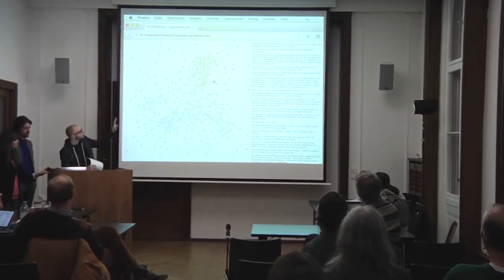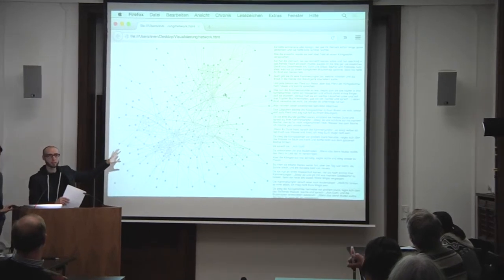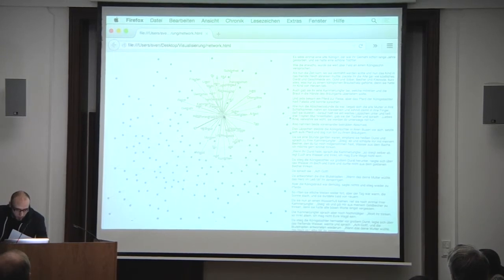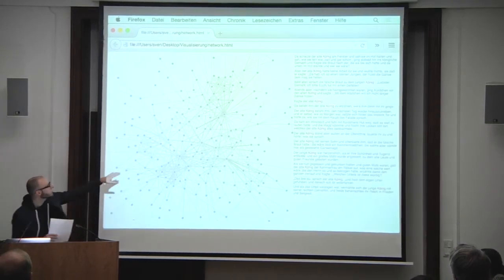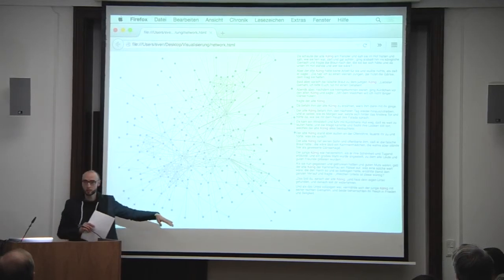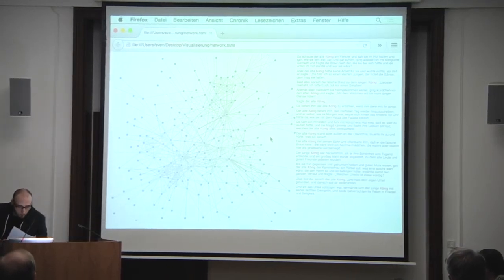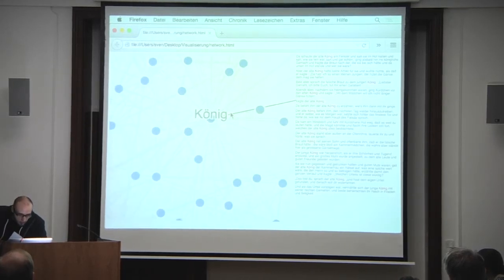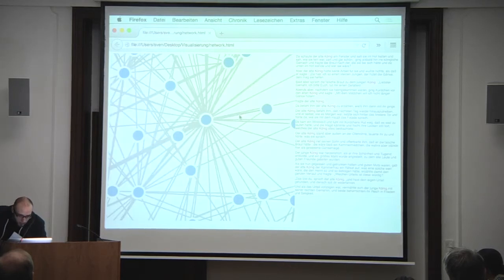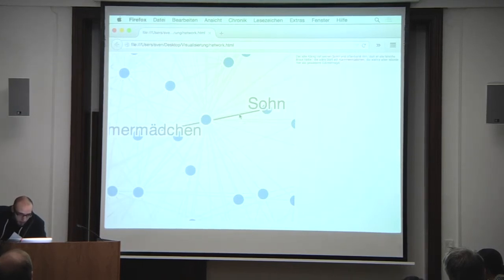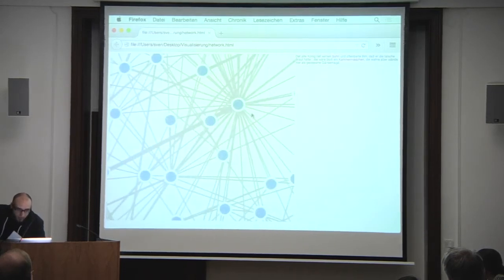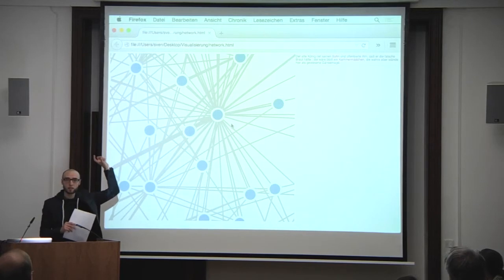It's a double pane view where you have the network on one side and the text itself on the other side. And the idea is that you can choose one node, which is here the king, and you get all the passages where the king is mentioned. But we wanted to go further. For example, now it's a bit of a usability issue because the edges are so small, but if we choose the link of the sun to the maid,